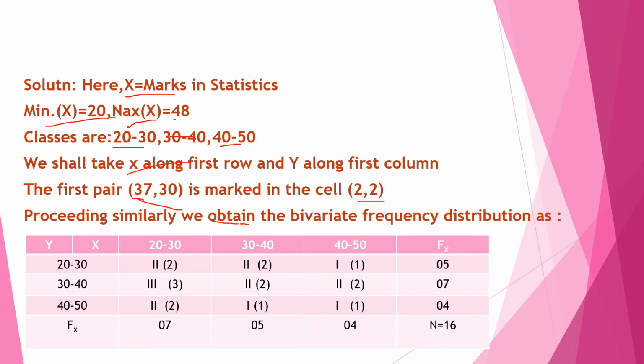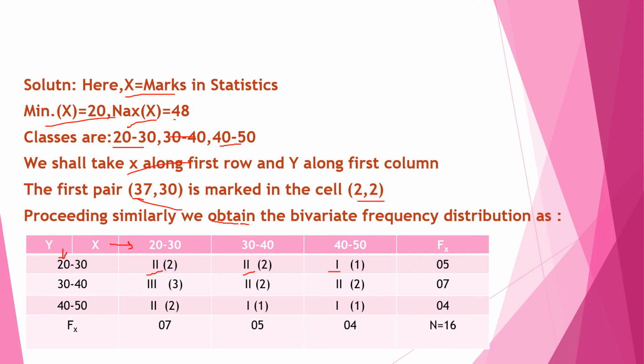Now here this represents the x and this represents the y. After getting the values of x and y, they have asked us to calculate in a systematic manner. So already I know the classes over here: 20 to 30, 30 to 40 and 40 to 50. These are my class variants. Same way over here, the value which is 20 to 30, we are getting 2. So 2 frequency, again 2, 2 frequency, 1 frequency. So calculate the frequency bar over here.